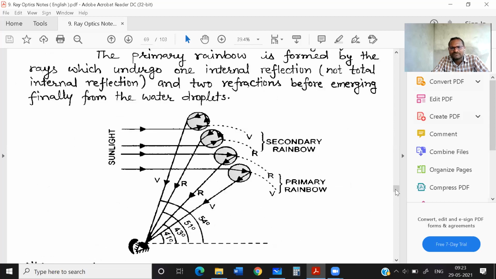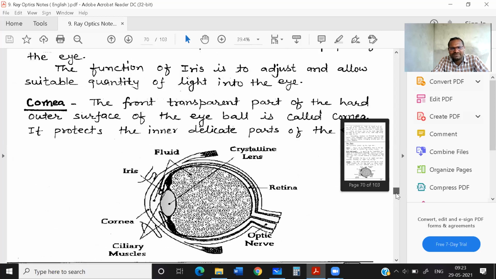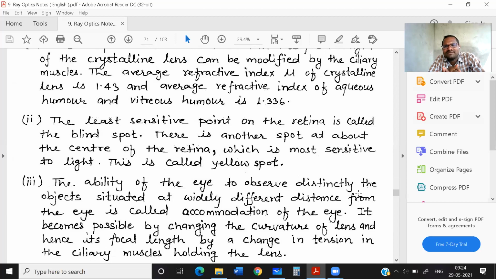Okay, clear, students? And one topic is there, I also not required. Don't read. Okay, and one point you read. 1 mark questions. What is myopia? What is hypermetropia? How myopia can be corrected? How hypermetropia can be corrected? These are things already you have studied in your 10th standard only. One time you will revise, you will remember.